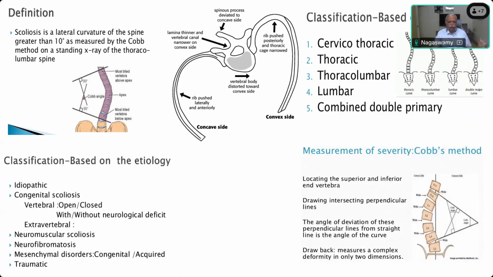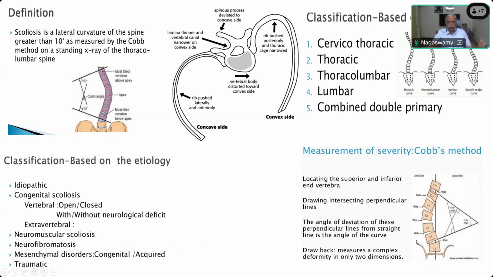And how do you measure the Cobb angle? Sometimes they may give you an X-ray and ask you to measure. So you draw a line from the upper surface of the starting point of the curvature. For example, here it is starting at T12. So you draw a straight line from there and the curvature goes up to L4. So they have drawn another line from the lower part of the vertebral body of L4. So the upper part of the vertebra at the starting point of curvature and the lower part of the vertebra